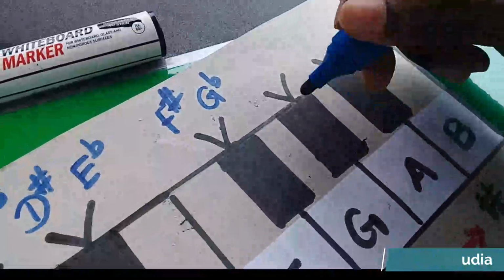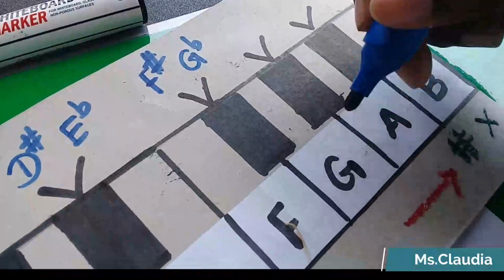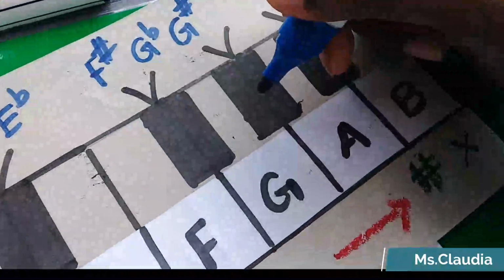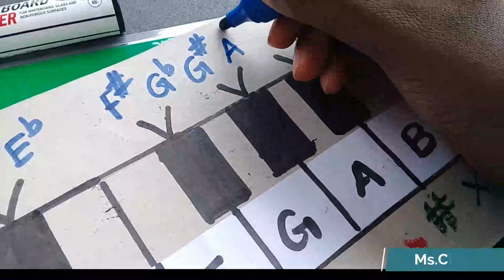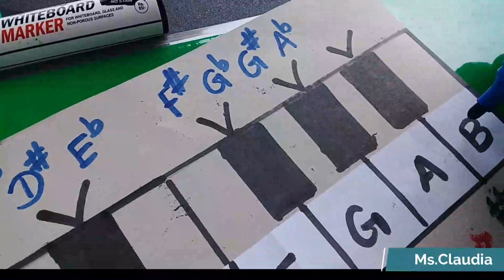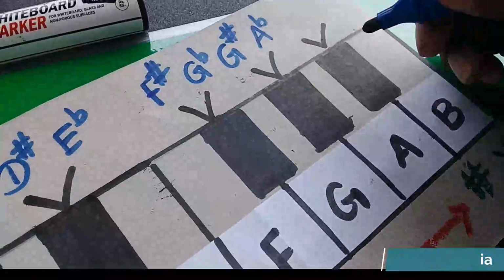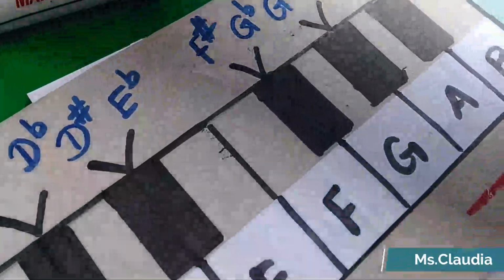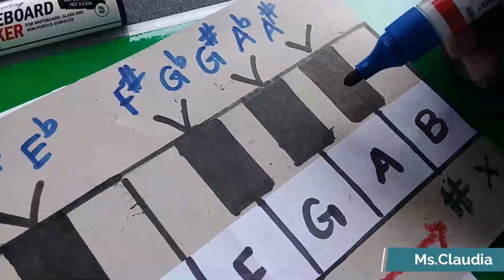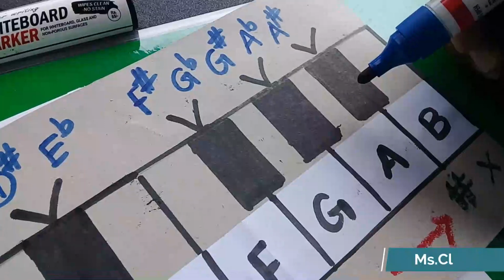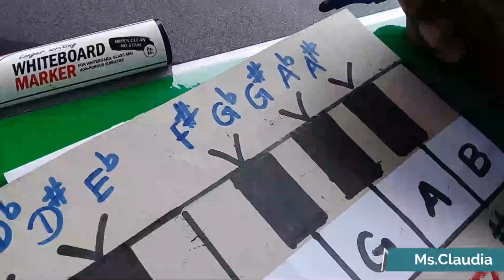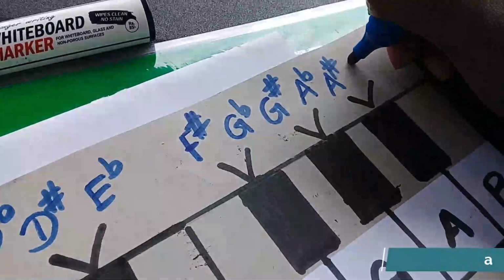Same way, this black note between G and A, right? From G, you are looking forward, so it's called G sharp, and from A, you are coming backwards, so it is called A flat, right? Hope you are understanding. So this black key between A and B, right? From A, when you look forward, you get A sharp, and from B, you are looking behind, right? This black key is behind B, so you are looking backwards, you're coming below. From B you're coming below by one step, so it's called B